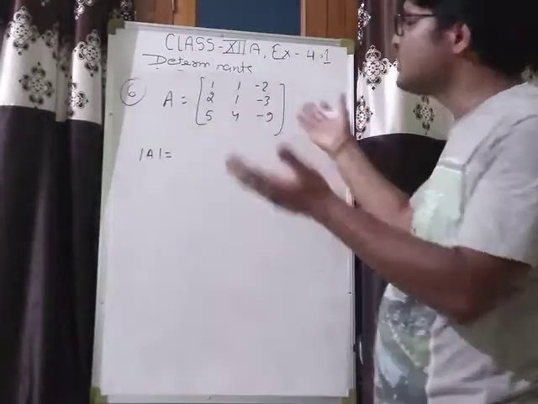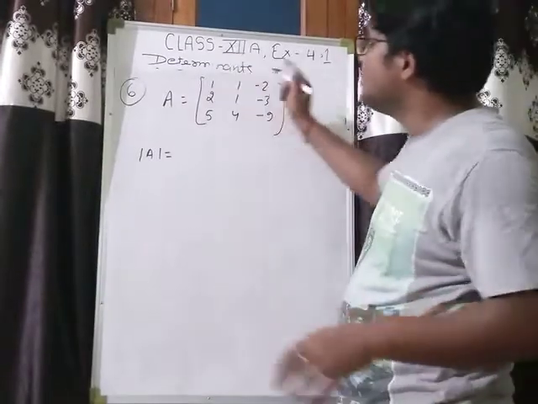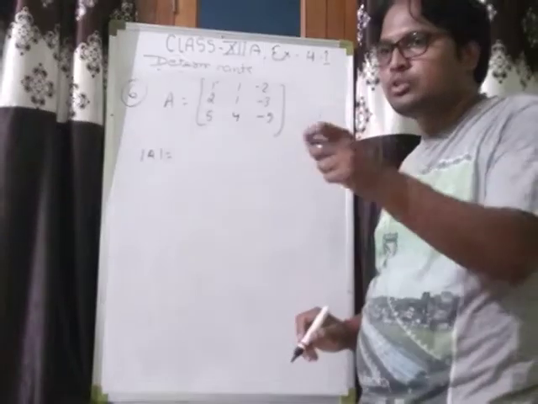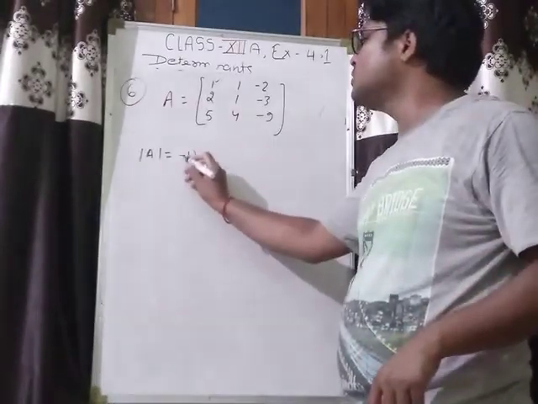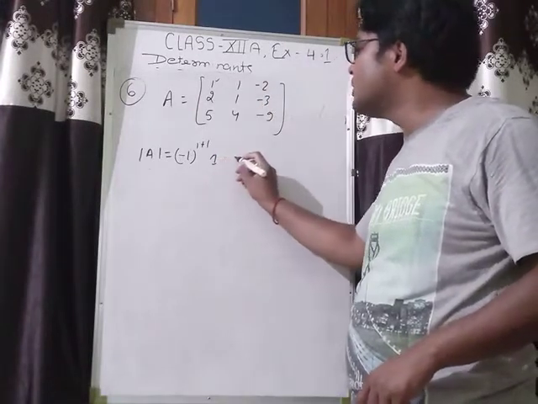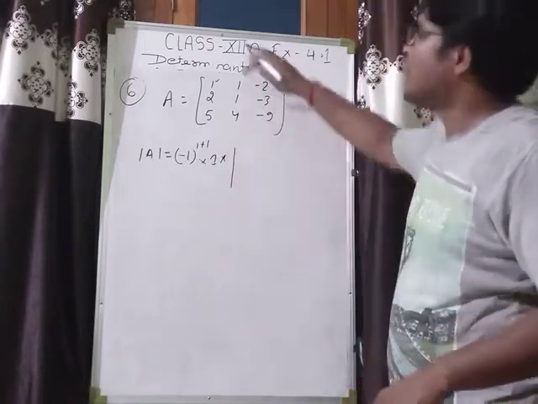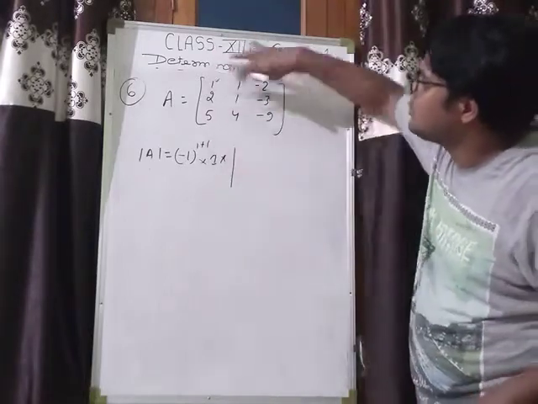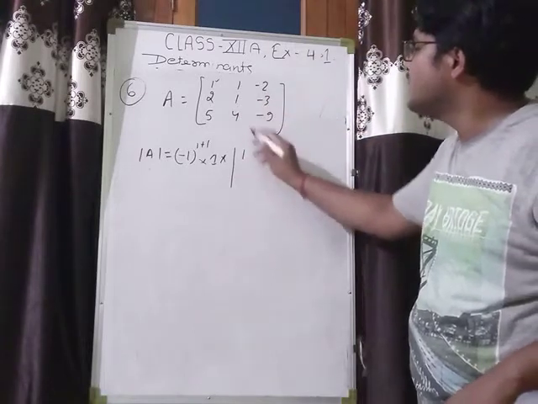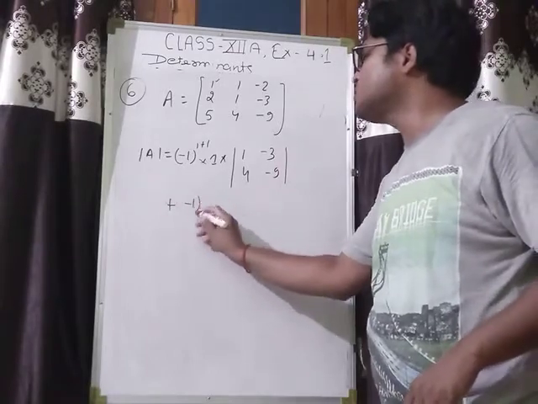So I am going to find out its determinant using its first row. So first row, what is this entry? That is the first row, first column. So -1 to the power first row plus first column. Now multiply by this entry, that is 1, into the determinant found by leaving first row and first column. So leave this first row and first column. What we have? 1, -3, 4, -9. Plus again -1 to the power